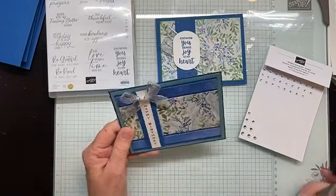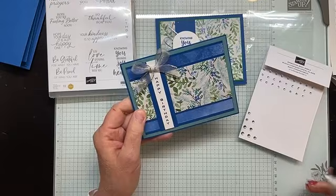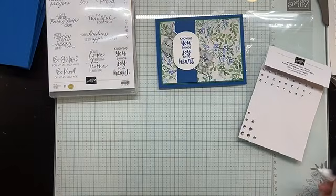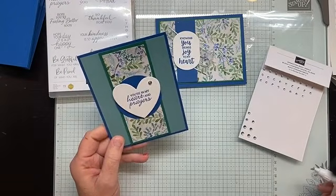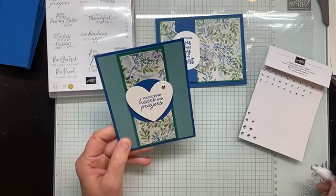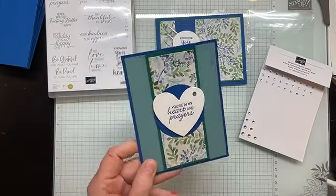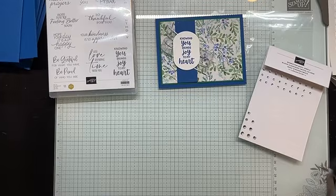Some of you I know, many of you probably already know it. This one too, I already embellished with a bow made with that same silver and white sheer ribbon. I'm glad you like the ribbon knot, Stella. Sometimes people think that when we use ribbon, they have to make a bow. You don't always have to use it with a bow. Sometimes a simple knot is enough to do it. Okay, here, just that one large rhinestone on the heart. And then for this last one,